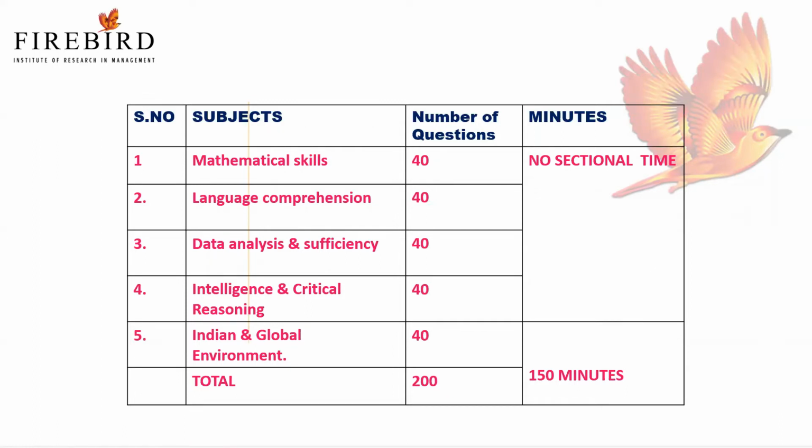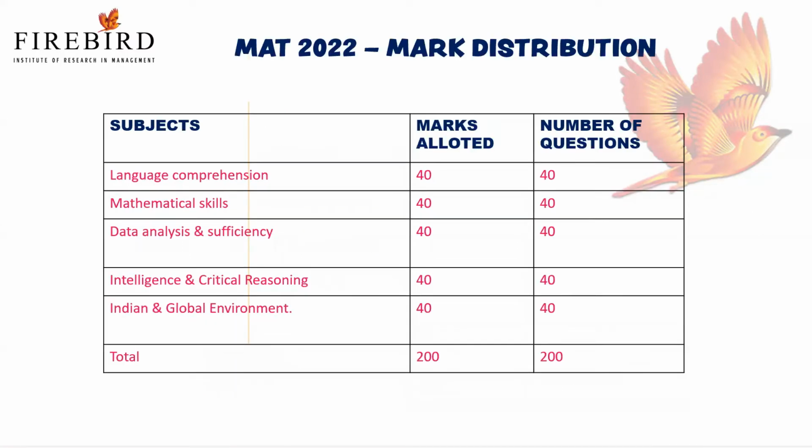Mathematical skills, they'll ask you 40 questions. Language comprehension, 40 questions. Intelligence and critical reasoning, 40 questions. Data analysis and sufficiency, 40 questions. Indian and global environment, 40 questions. This is the question split up for all the 5 sections, and there are totally 200 questions. You have to attend these 200 questions in 150 minutes, and note there is no sectional timing, but you have